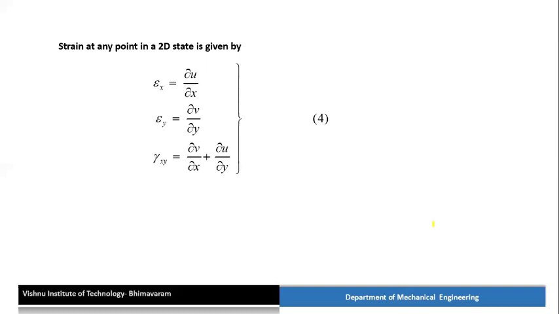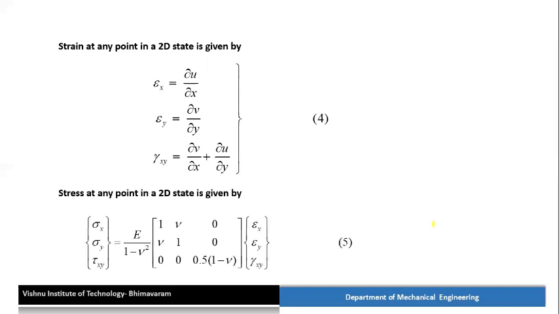All these things we know from the mechanics of solids. And similarly, stress at any point in the matrix form, stress in x direction, stress in y direction, shear stress in xy. So E by 1 minus mu square, and this